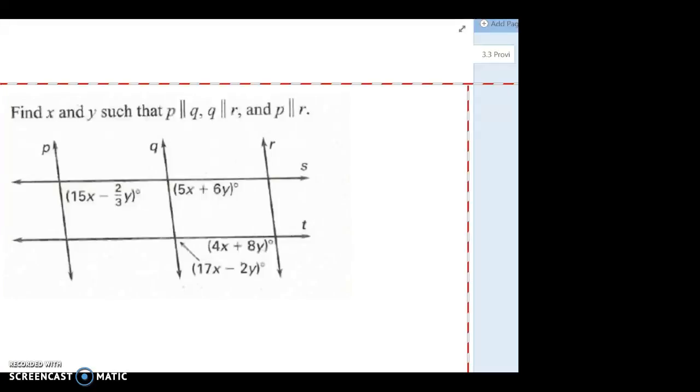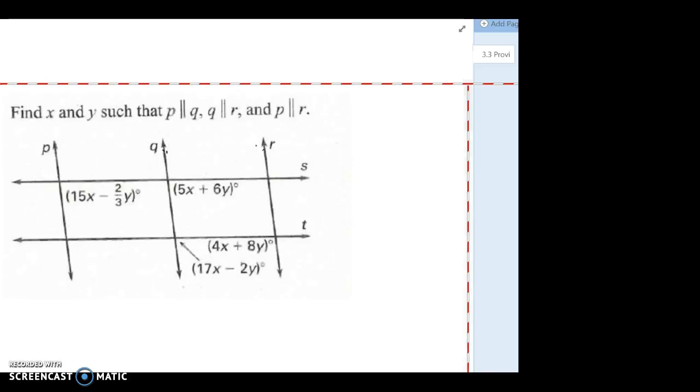All right, so to work through this problem, we have to understand and use the properties of parallel lines. In this figure, we know that lines P and Q are parallel to each other. We also know that Q and R are parallel to each other, which means that through the transitive property, P and R are also parallel. So we're going to use those properties to see if we can set up systems to solve for both x